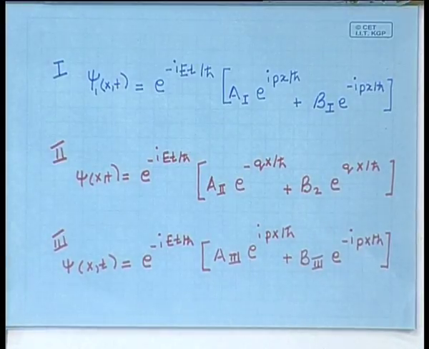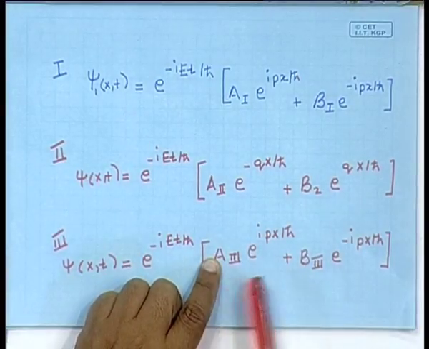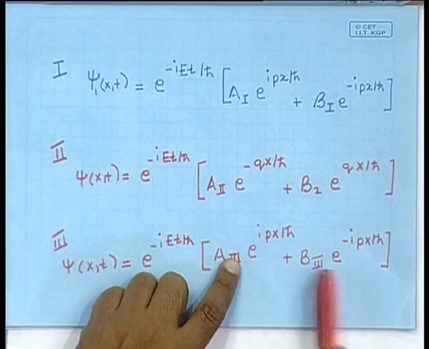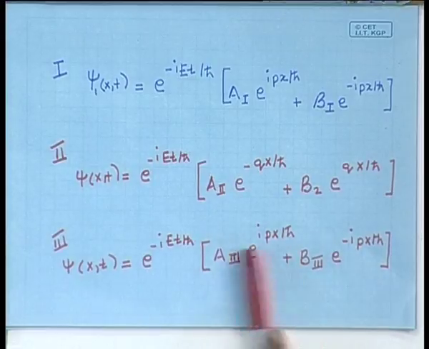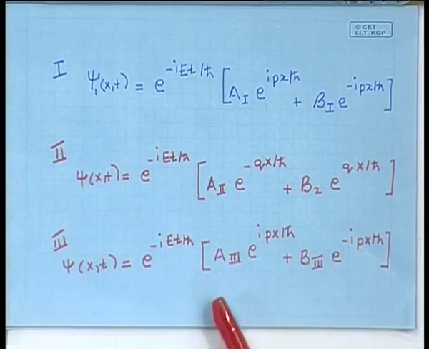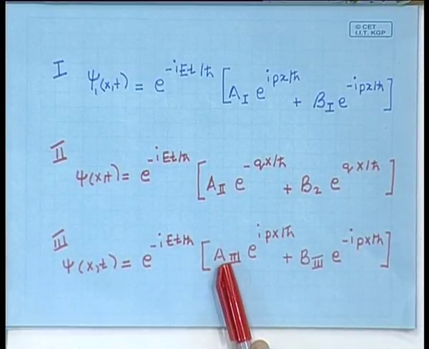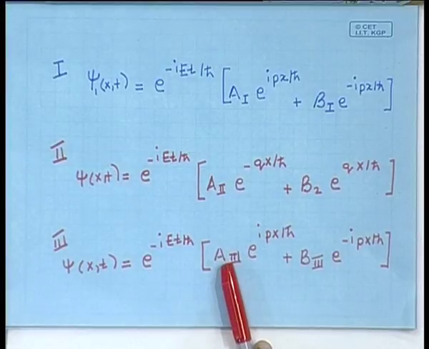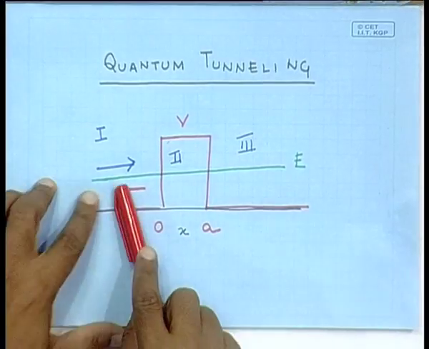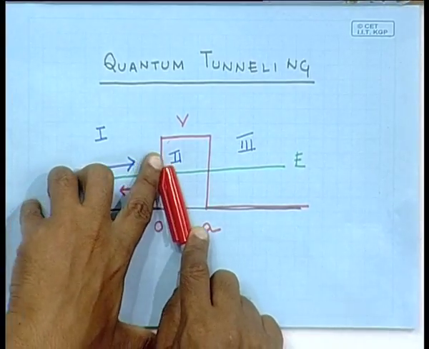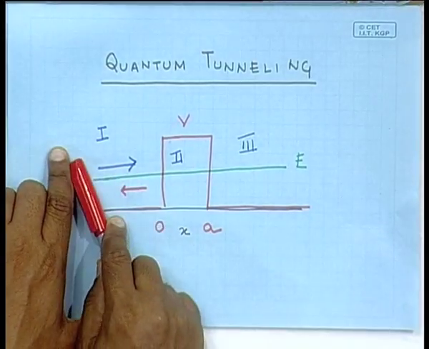So, in region 3 the wave function is exactly the same as region 1, except that these two coefficients of the right travelling wave and the left travelling wave are different. Now, let us again go back to the physical interpretation of these two parts. We have already discussed that the first part represents a right travelling wave. So, the first part represents any part of the wave that may get through. The particle is incident like this, so we have a right travelling wave coming over here,